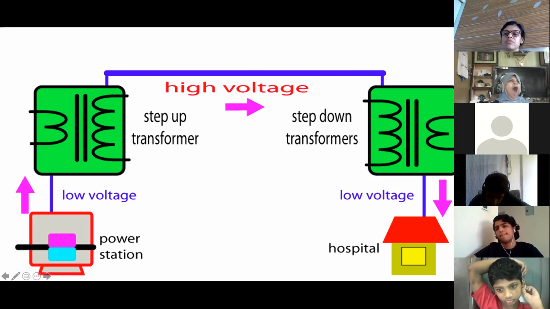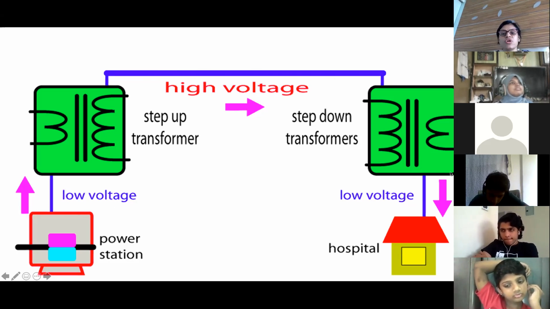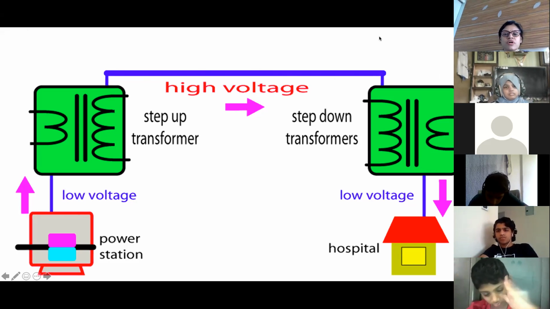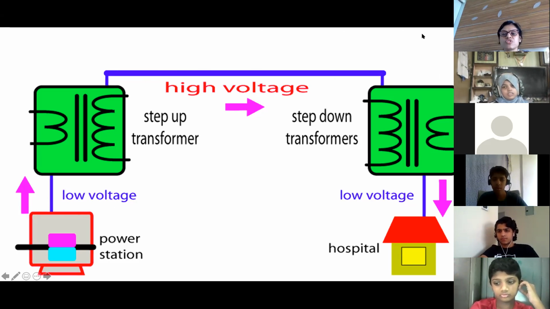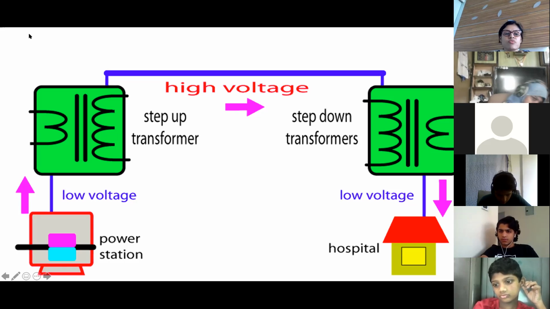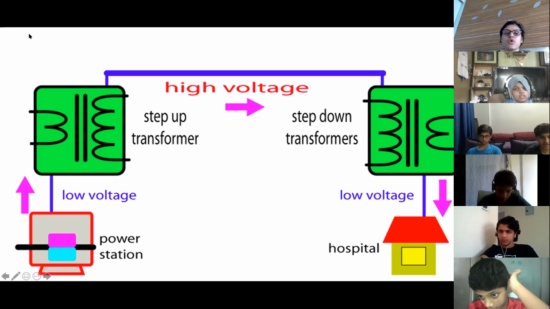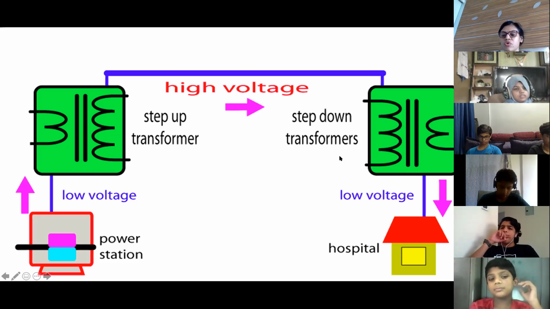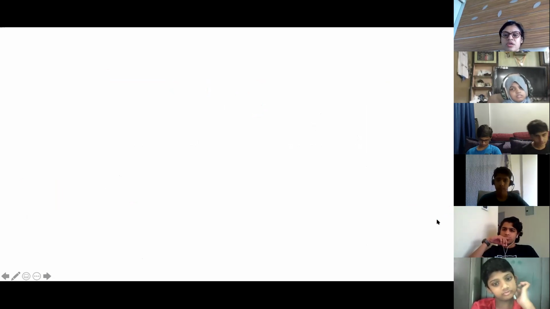And then it is stepped down. What is the voltage which comes to our house? Tell me. I have told you earlier also. What is the quantity? 110? It is not that here in India. What is it? Mudabbir, how much is it? 210, somewhat like that. 220 volts. Okay, so 220 volts comes to our house. That voltage is there in our house and everywhere. So these are the steps.